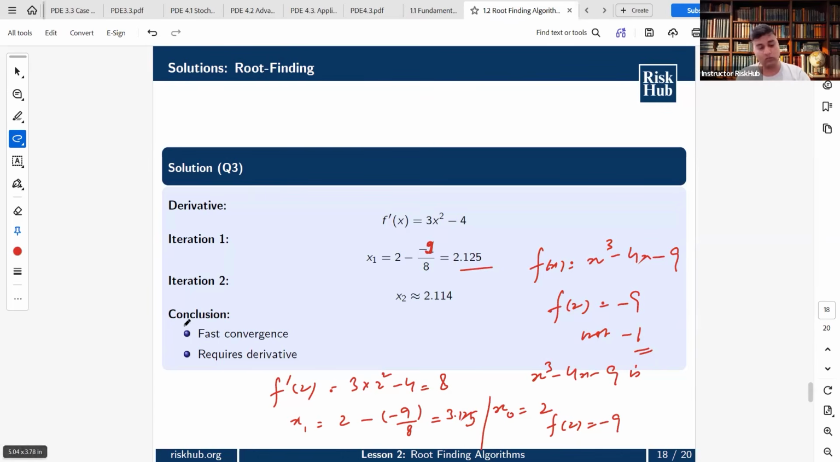And if I do iteration 2, this will become 3.125. If I do iteration 2, f of 3.125 equals 3.125 cube minus 4 into 3.125, and minus 9. So x2 will become approximately equal to 2.7686. So this is the correct answer, guys. 2.7686. Right. The root is around